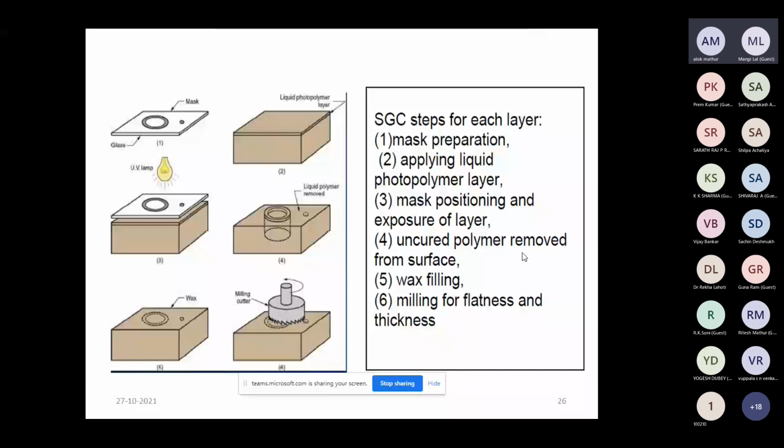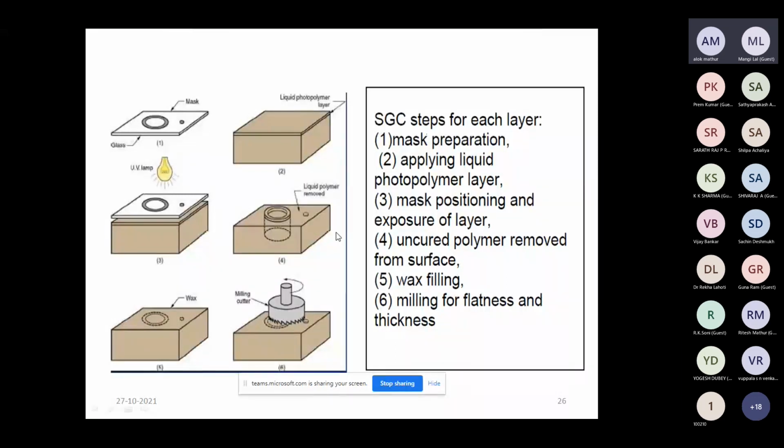So as the source is given in the form of an ultraviolet lamp, only the area which is transparent, according to the cross sectional area of the final product or the negative image on the mask, is cured onto the liquid polymer layer.